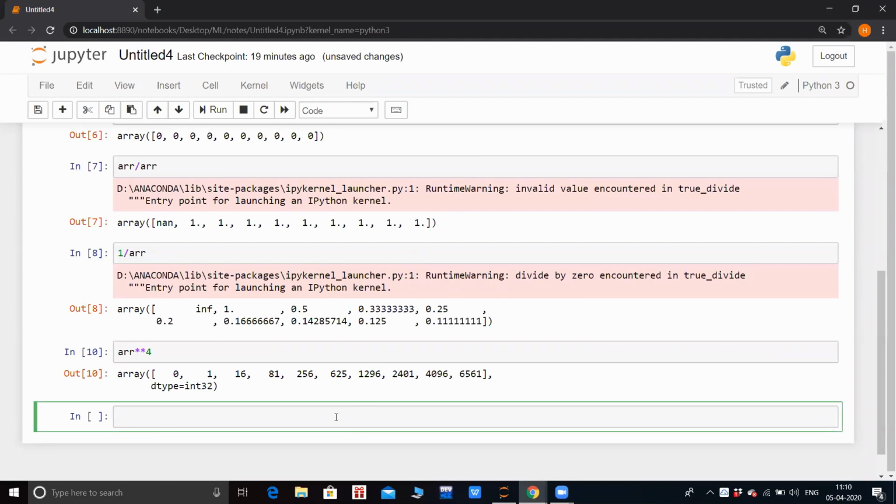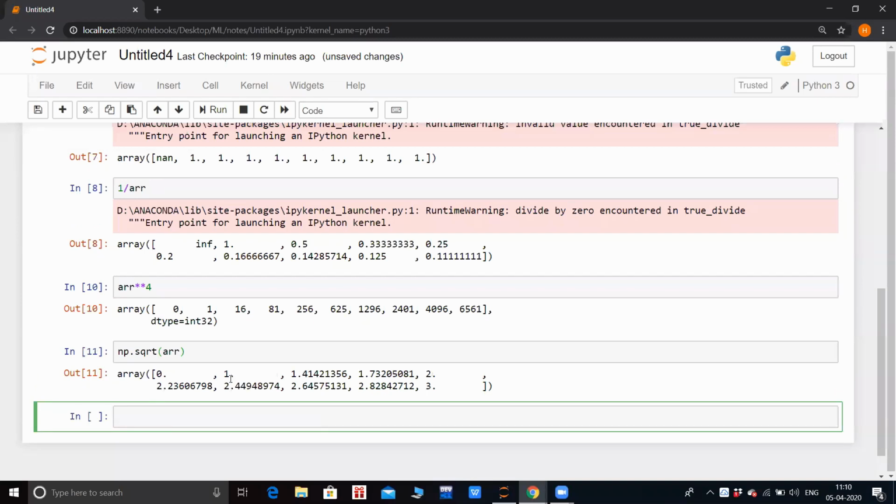So if I want the square root of all the values inside the array, I'll call my NumPy library as np dot. I'll type sq and press tab to see the options. I'll use sqrt and then just pass my array as an argument. You can see all square root values get generated. 0 square root is 0, 1 square root is 1, 2 square root is 1.41, 9 square root is 3, 4 square root is 2, etc.